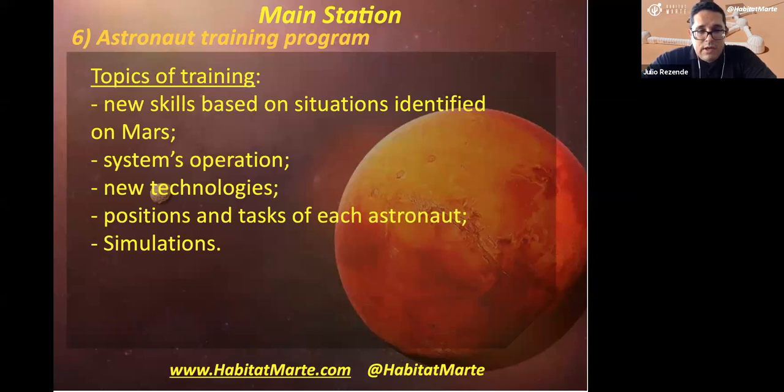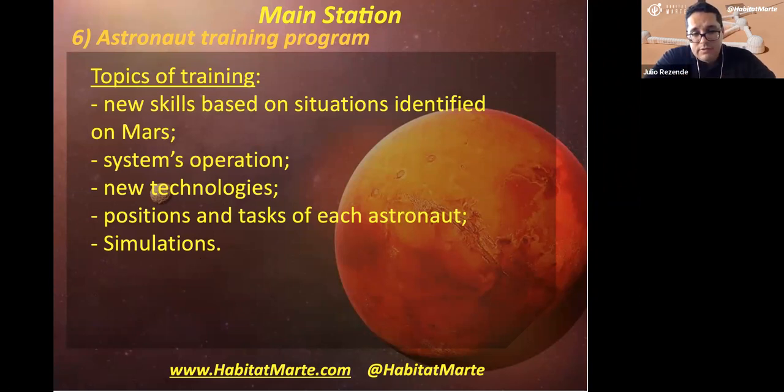And they need to know how is the operation of everything, and what would be the possible procedures to fix a system not operating well, or what would be other options to supply for some possible problems. In this case, it's very important the training about systems operation, also training about new technologies and positions and tasks of each astronaut, and also provide the opportunities of simulation in terms to imagine